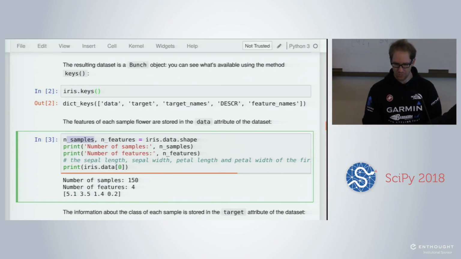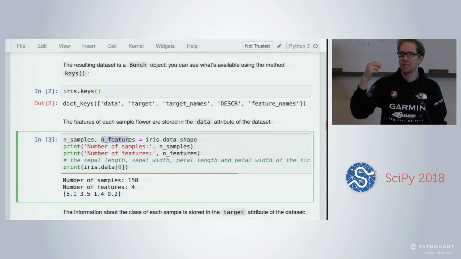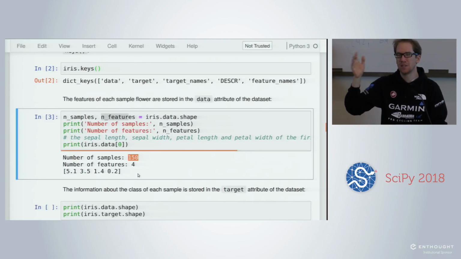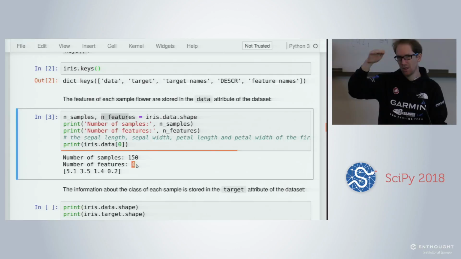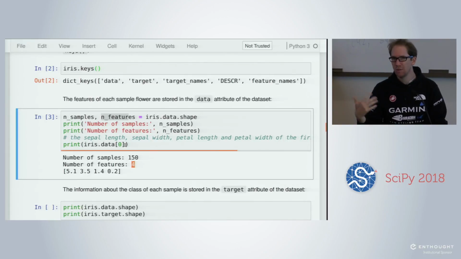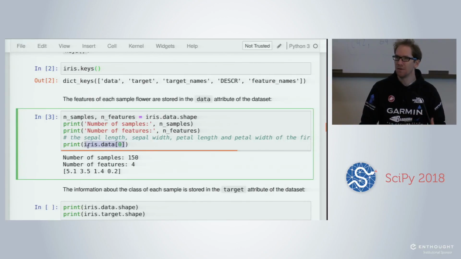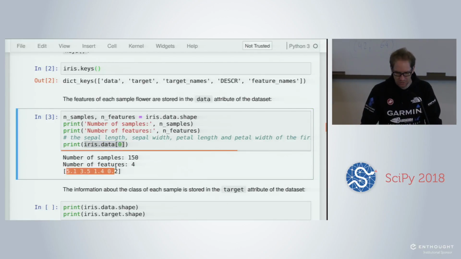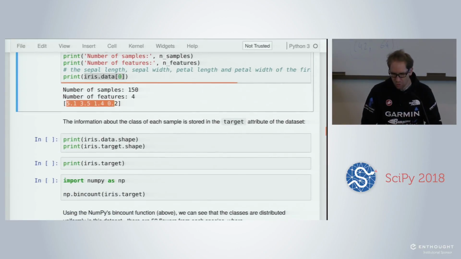For each line, we will get the features, for instance the height of the petal, the width of the petal, and the same for the sepal. So we'll have 150 lines, which will be 150 flowers, and 4 features, which are the features that the biologist extracted by hand.